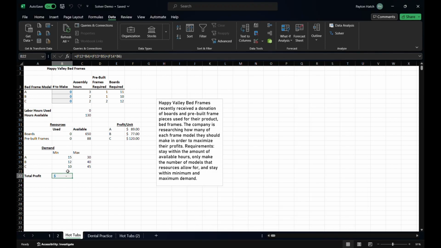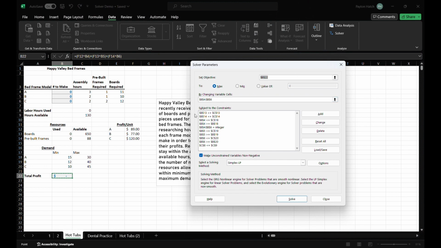So to calculate our total profit, we're looking at multiplying, in this example, F12, which is the price for model A, times B4, which is the number made for model A. And then we multiply those, and then we add each of the models multiplied by the price. So we multiply the number made by the price, and we add them all together to get the total profit here. And obviously there's different costs involved that we haven't included as constraints, but the more complicated the model, you just need to add more constraints to your solver in order to